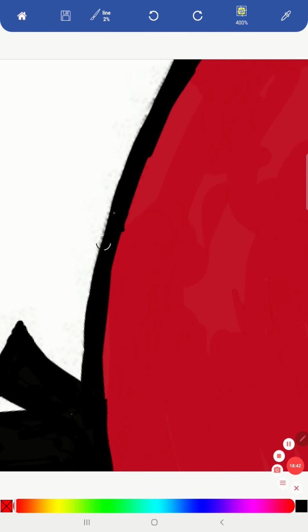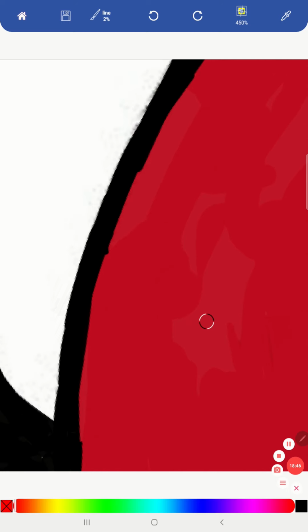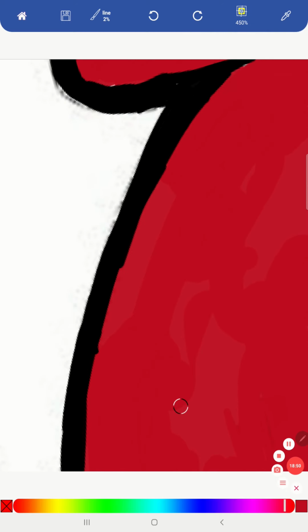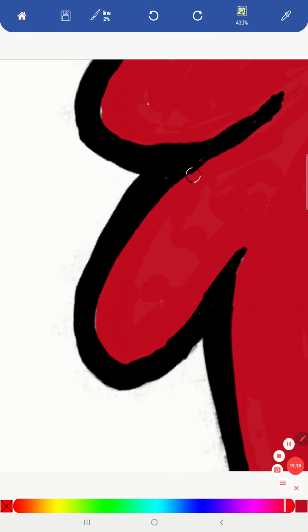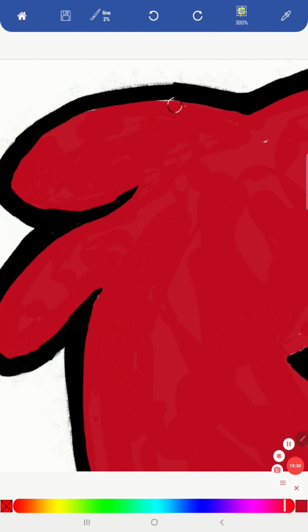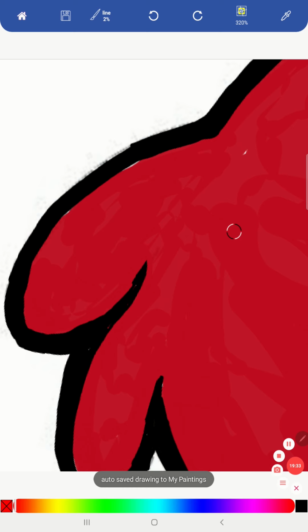Oops, let's go undo. We can undo, as you can see. And then I could go back to the red again, and then just simply recede that black line and make it smoother. There you are. And then just keep continuing to refine it. Okay. There you are. So that's it. Let's keep going down. And then again, you can see, you can go as much detail as you want, but I'm just showing you